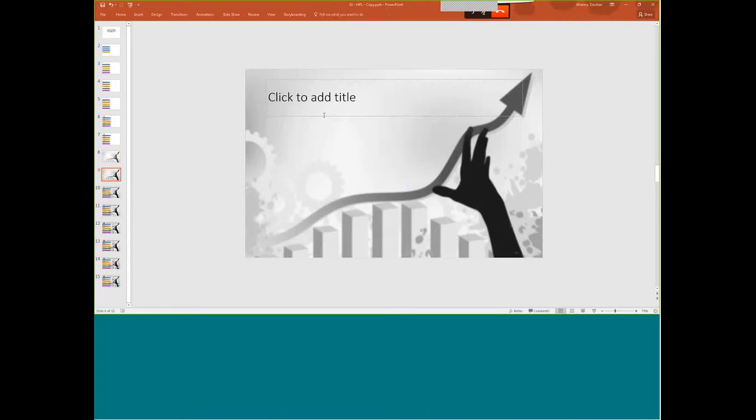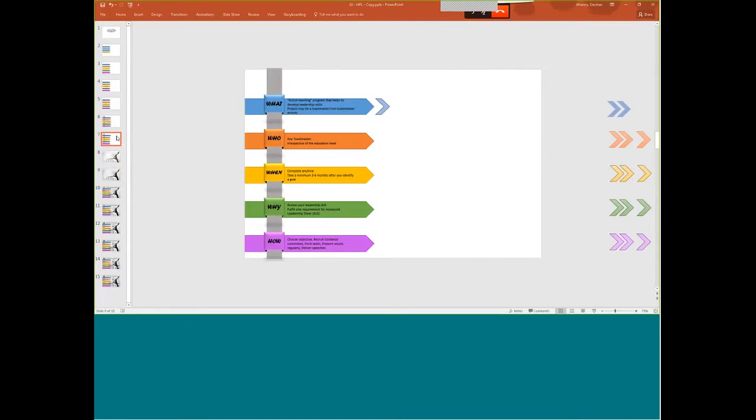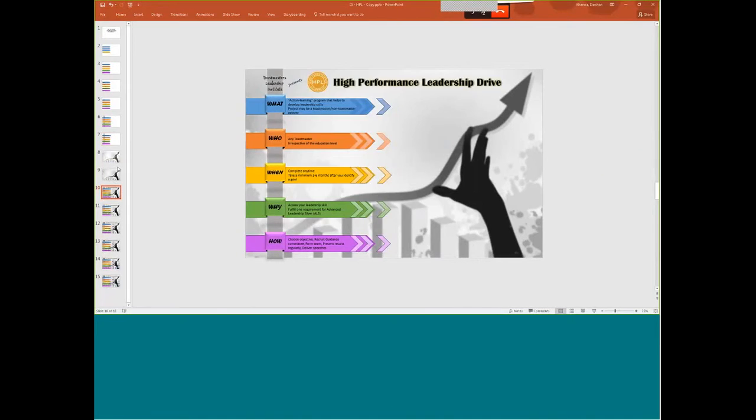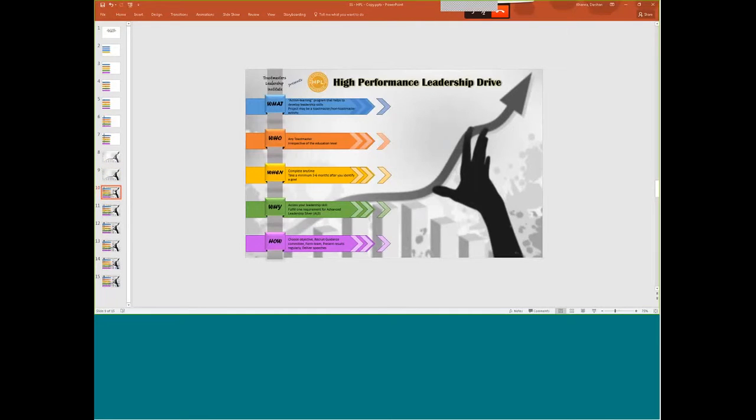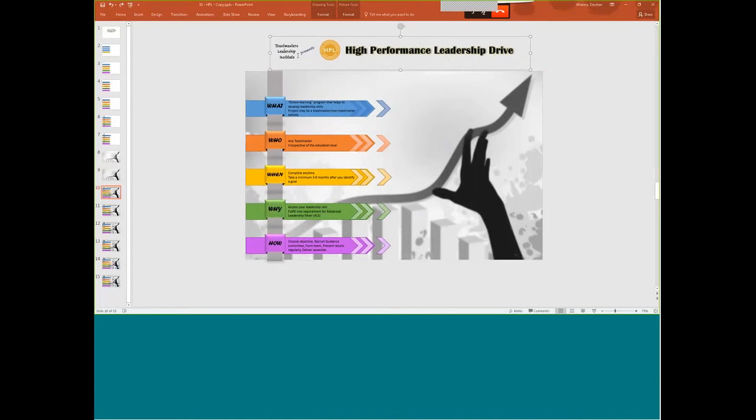So now once you settle on this one, you can always have this image in the background, and all the text you created right here can appear in the foreground. The moment you right click and say send this image to background, this is what you get. Once you have this information, you can definitely add more information related to what High Performance Leadership Drive is,